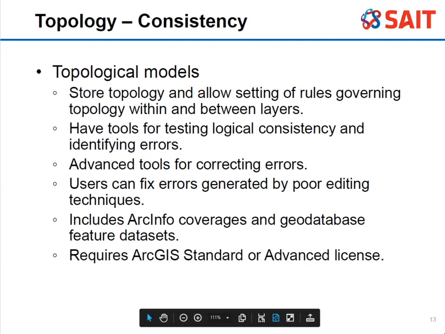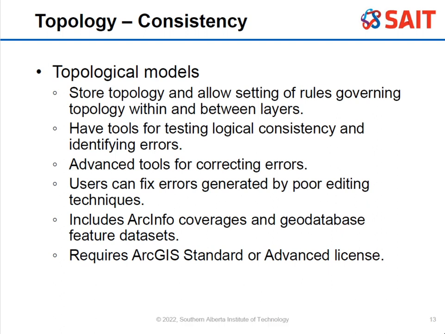The other model is the topological models. And so these ones actually have the topology that is stored, and it sets the rules that says, yes, you have to follow these rules between your layers. And so this one is nice because you can actually test for the consistency, and it actually allows you to identify errors. So it's a little bit more advanced for advanced tools, and allows you to correct those errors, but it at least tells you what it is. The spaghetti model, you can't find those. So you guys can fix the errors,